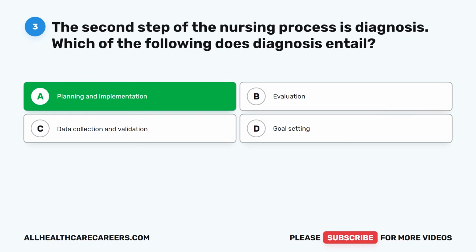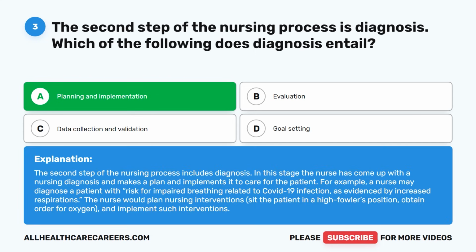Planning and implementation. The second step of the nursing process includes diagnosis. In this stage, the nurse has come up with a nursing diagnosis and makes a plan and implements it to care for the patient. For example, a nurse may diagnose a patient with risk for impaired breathing related to COVID-19 infection, as evidenced by increased respirations. The nurse would plan nursing interventions, sit the patient in a high Fowler's position, obtain order for oxygen, and implement